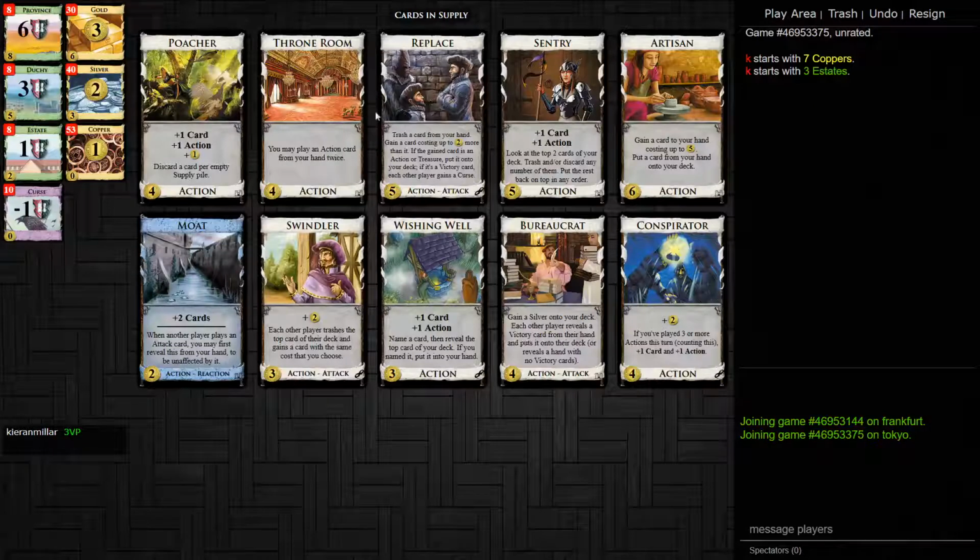I'm going to want at least one Replace. We're going to have Throne Room. Is Artisan good here? I think so. It can gain. It's a gainer. We desperately need a gainer in this kingdom because we don't have any buys. So we really want Artisan. We're going to open... I think we have to open...